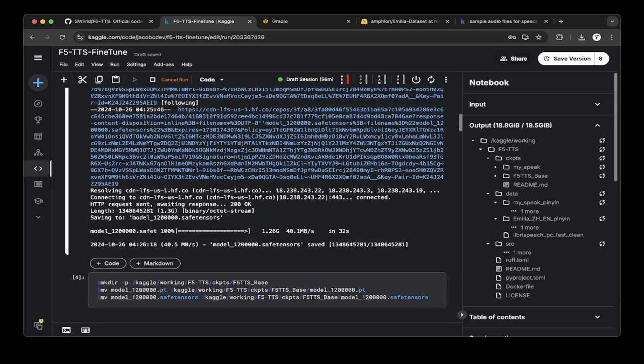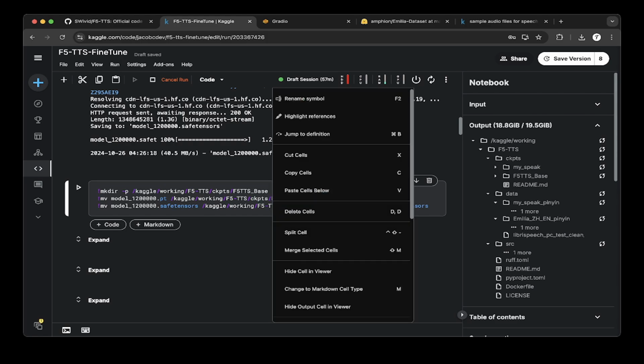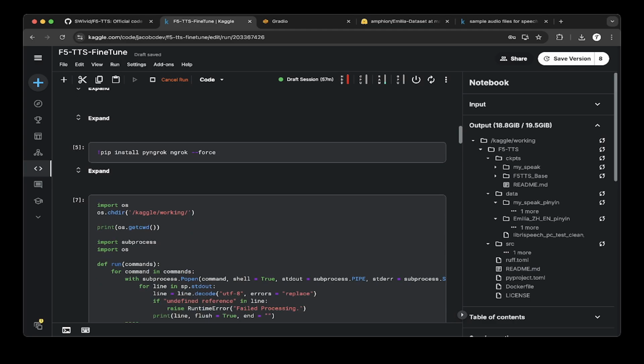And then after that, just move this to the F5-TTS base folder. They have a strict structure to load the model. So just go through these ckpts checkpoints, F5-TTS base, and put both models in this folder, the exact same path, and then do the